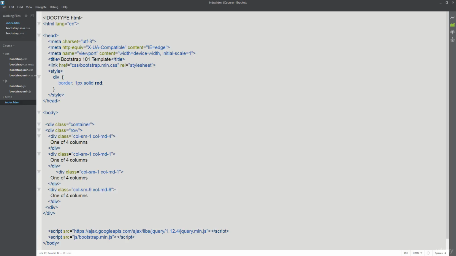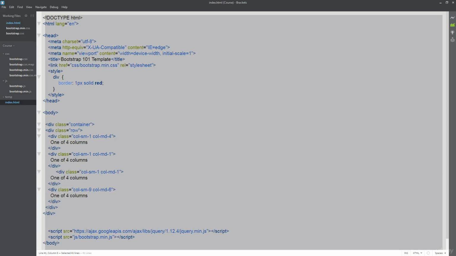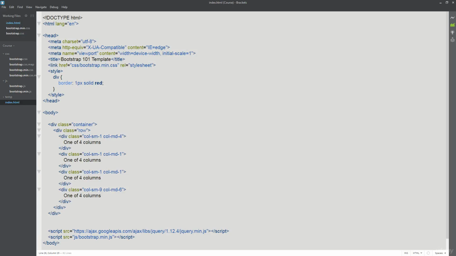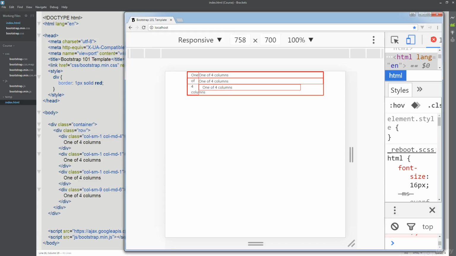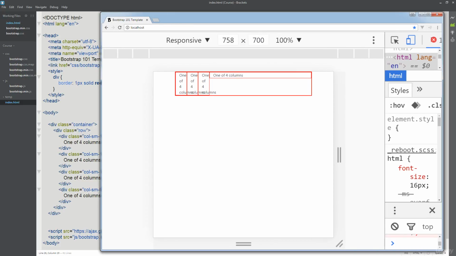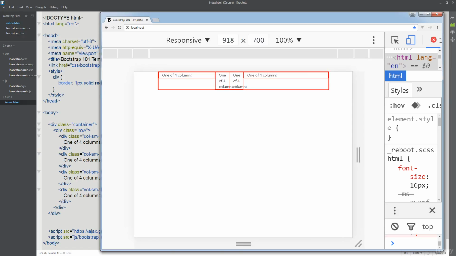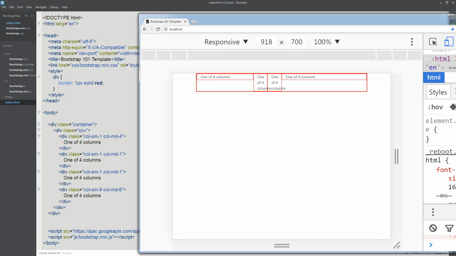As long as you're sticking with all of the different sizes, all of the different breakpoints, having that value add up to 12, it'll present nice and neatly. So even at the larger breakpoints, as we get larger sizes, we're on the medium size, so anything above the medium, on the large and extra large sizes, anything above that